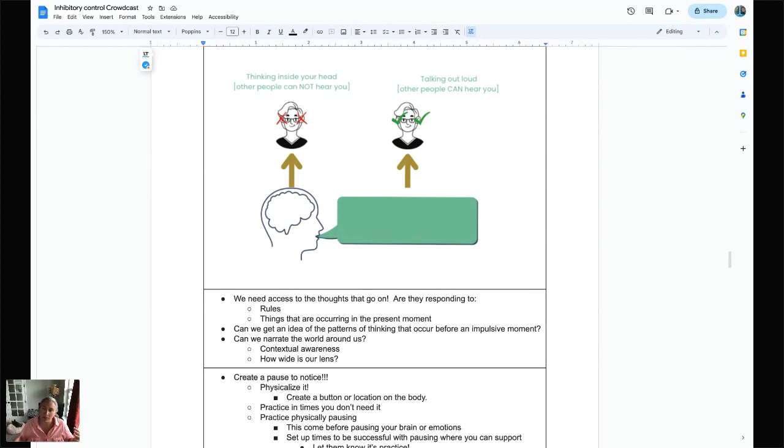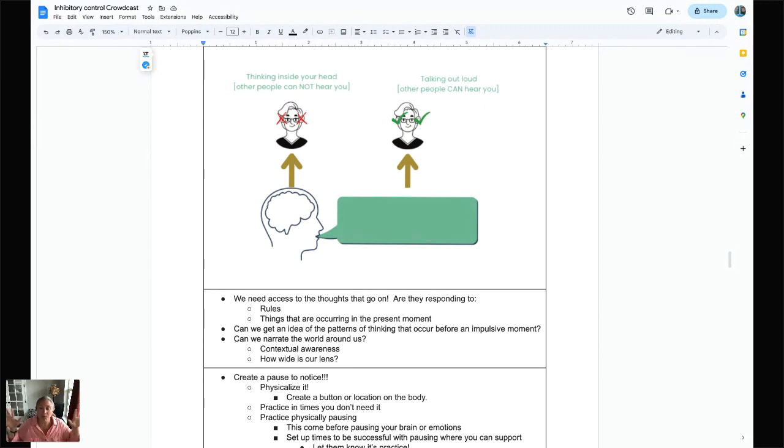Once we get thinking in our head and talking out loud down, can we start to see patterns of what emotions are showing up that co-occur with those impulsive behaviors, right? So we really want them to become, and we as the adults want to become, the narrators of the world around us, right? We want to build that contextual awareness. You almost become, literally, the narrator of the world. Like, oh, I see this and that and that. And you're just talking out loud,